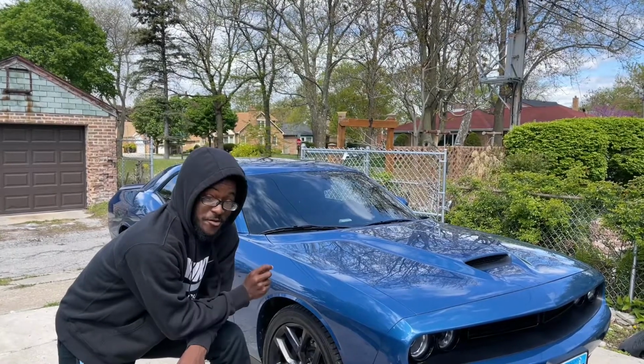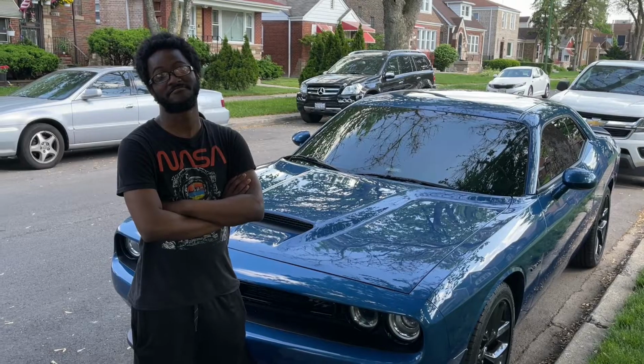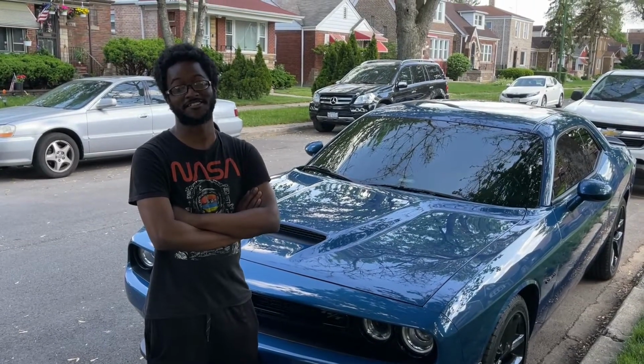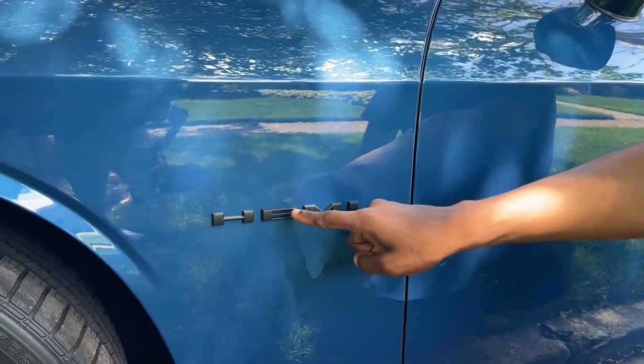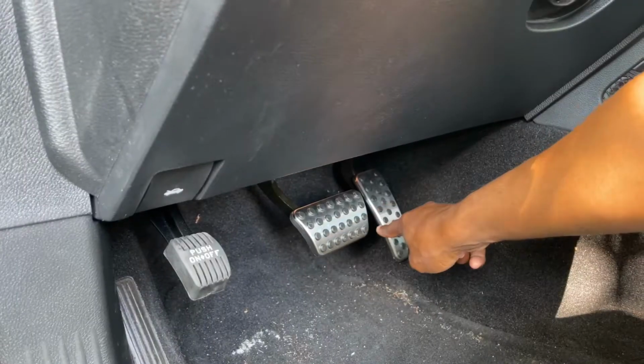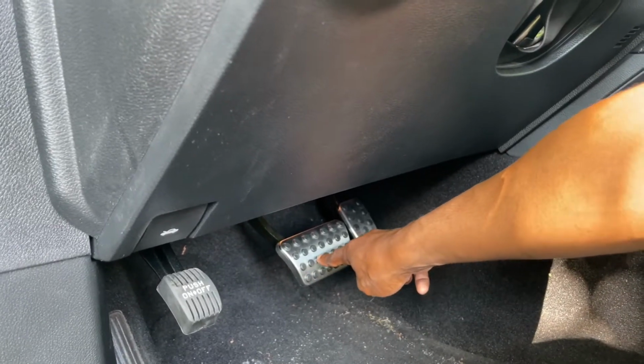Now, we would have done a review on it, but I'm kind of too lazy to do it. You want a review of my basic car, so I'm gonna give you a basic review. I like this. I like this. I hate these because Dodge didn't put them on. I had to put them on myself, and it took me like 5 hours to figure out how to